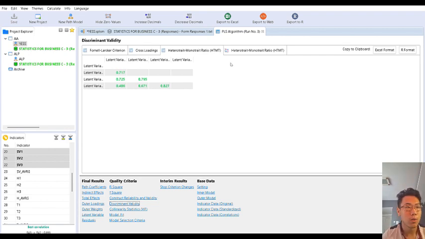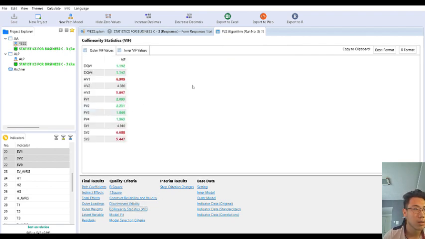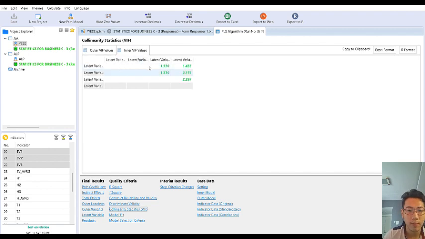Okay, so after we check the HTMT, now we go to the VIF, like here. Okay, as you can see, the values are 5 or less than 5, which means there's no problem with collinearity in the statistic.